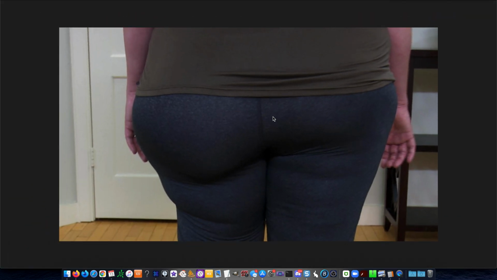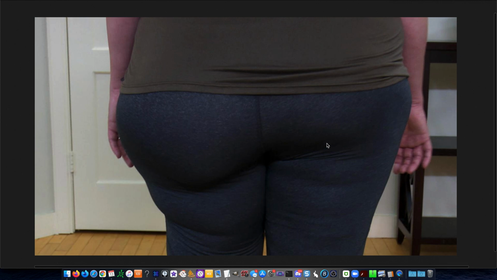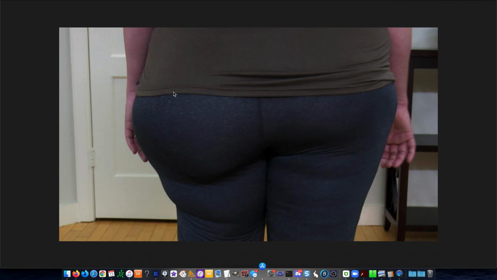Yeah, the uneven butt cheeks, yes. The left always has to be bigger than the right. Always. You need more junk in the left side of the